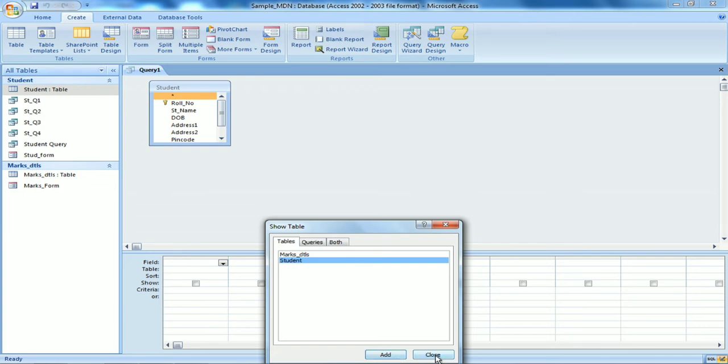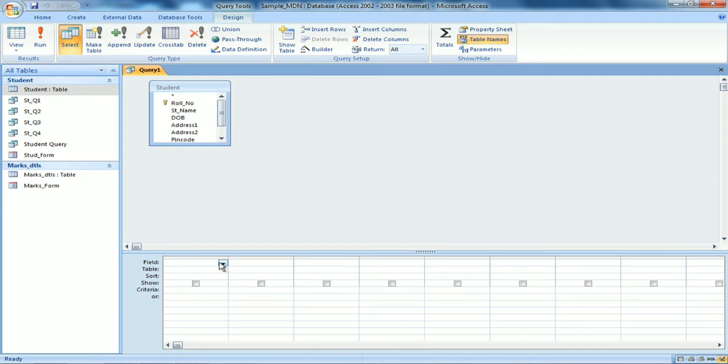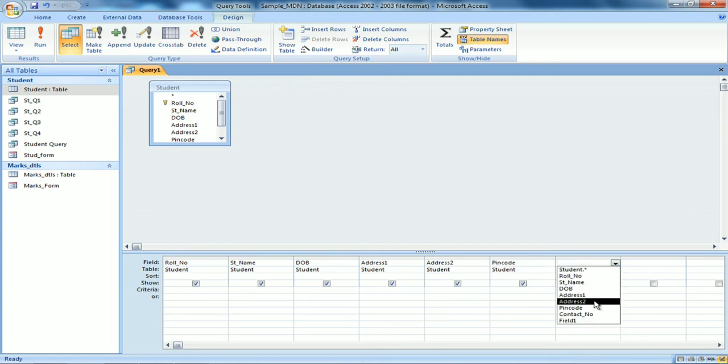Now student name, date of birth, all other fields I am showing, with a criteria for name. PIN code, contact number.